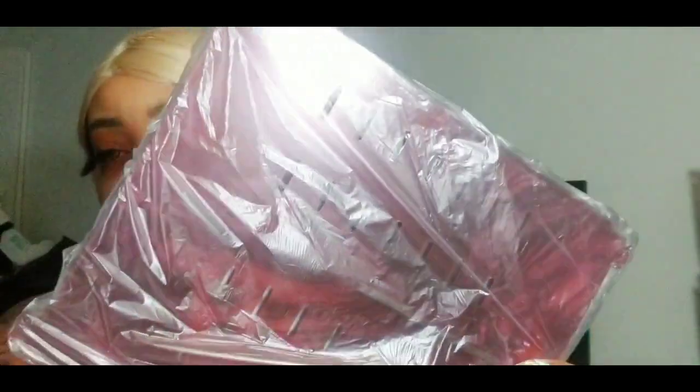So you get this bottom, I want to say this most likely is the bottom part. No, actually it's the middle part. And from looking at the actual picture, it looks easy to assemble. It doesn't look hard to assemble at all. So you get these two pieces, and then